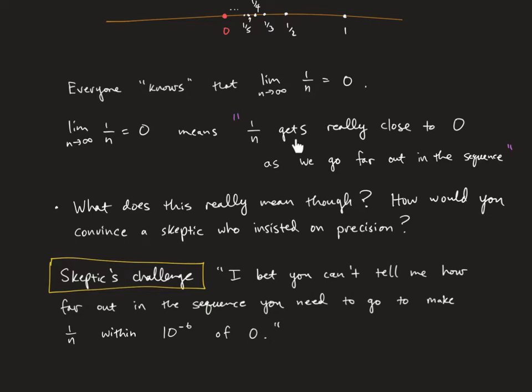Okay, you're telling me that 1 over n is getting really close to 0, so that it should get within 1 over a million of 0. And you're saying that this happens when we get far out into the sequence. So I bet you can't tell me precisely how far out in the sequence you need to go to make the sequence within 10 to the minus 6 of 0. Okay, so that's my challenge. And maybe you'd like to pause the video and see if you can figure out how far out in the sequence to go. So how big should n be before 1 over n is within 10 to the minus 6